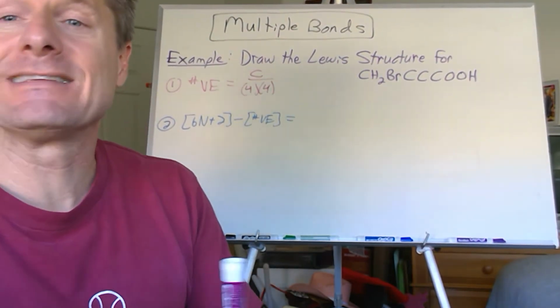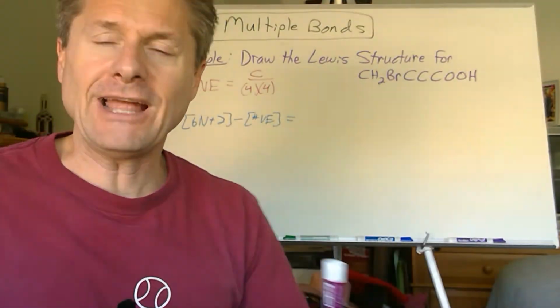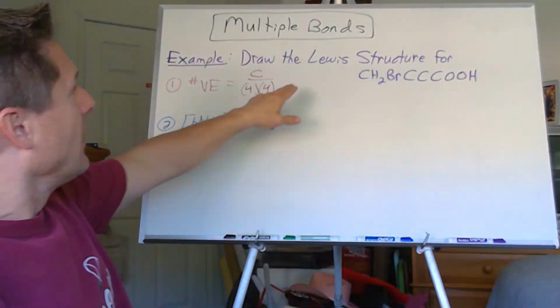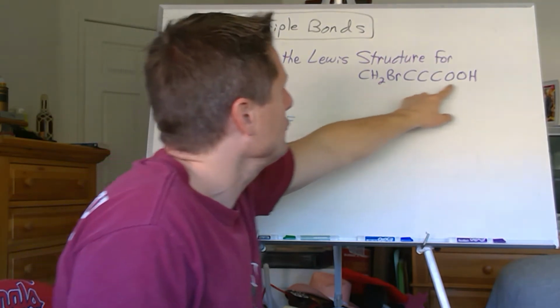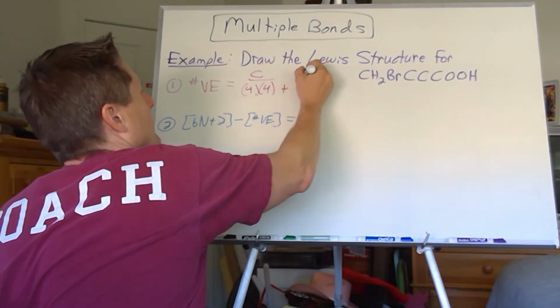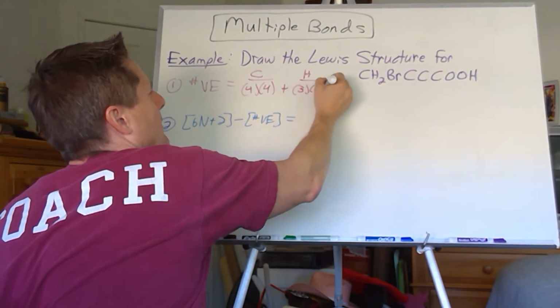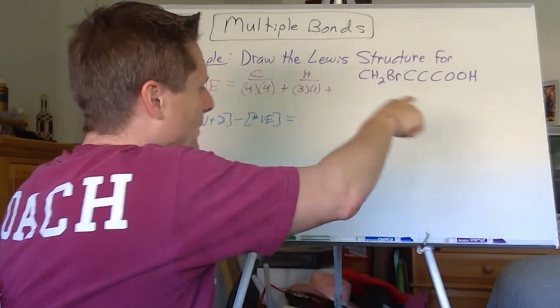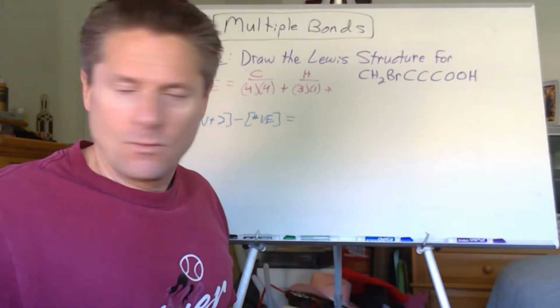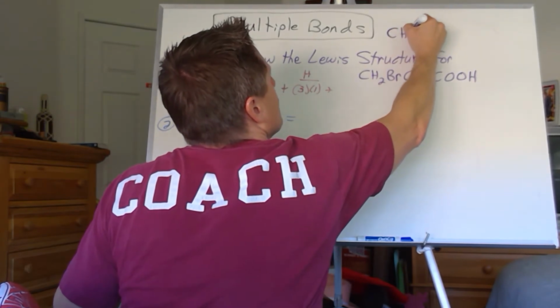And carbon again is in group 4A. 1, 2, 3, 4. We've got hydrogens, 1, 2, 3. Is that all we got? 3 hydrogens? Let me write this up above here. I'm going to write this up here. CH2